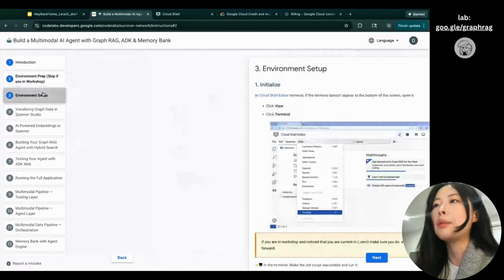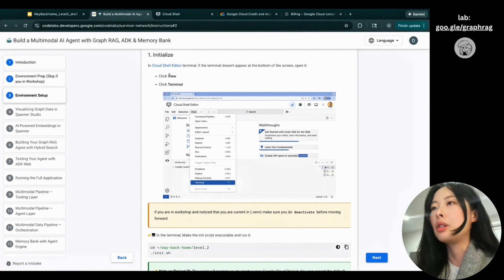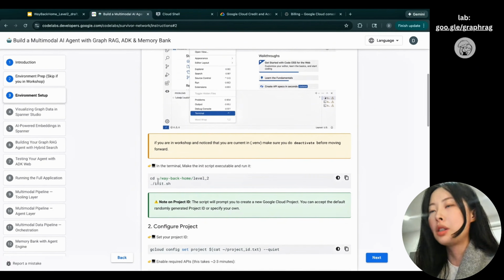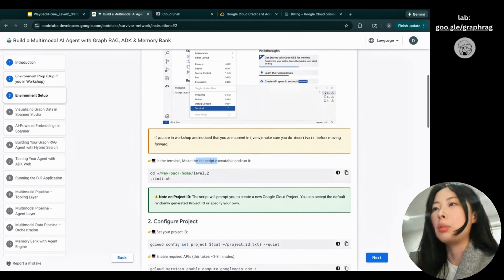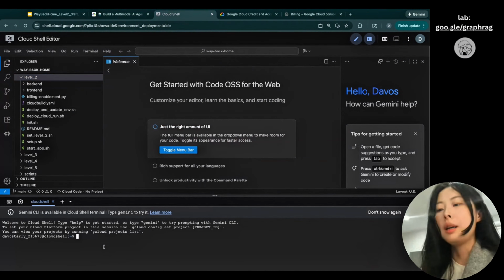Let's go to the third step, environment setup. Here at the very beginning, it's a similar step: you just open the terminal. What's next is I want to run the init script to set up the repo. So I copy this, go to the Cloud Shell, and paste it into the